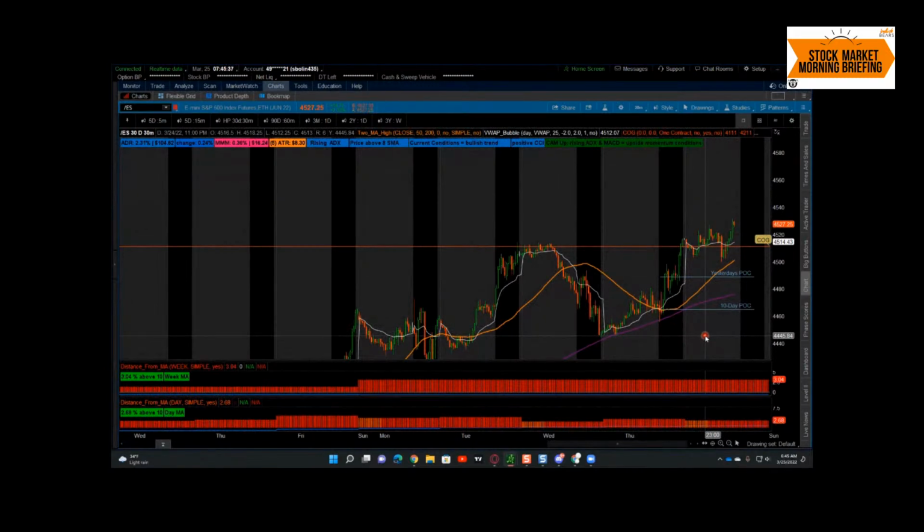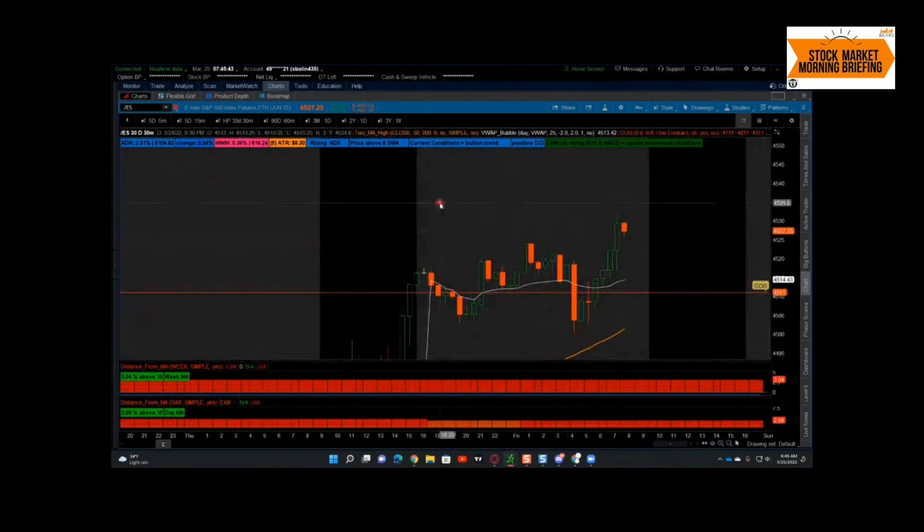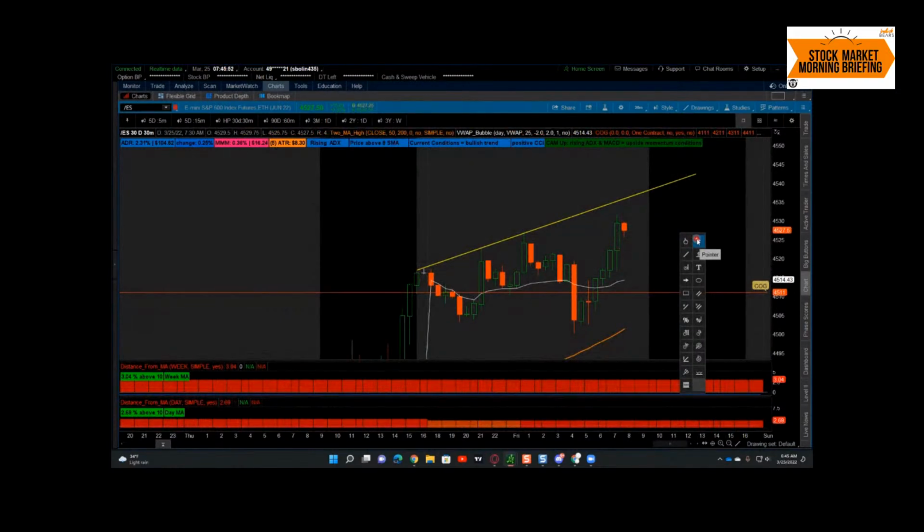It has to be one of those three, right? There's no other scenarios. So when we approach it from a point of view like this, we have to ask, well, what's more likely? Is it more likely that we break this angled resistance and continue the move to the upside on a Friday after the extraordinary move that we've seen? Personally, I say no. I've been wrong before,